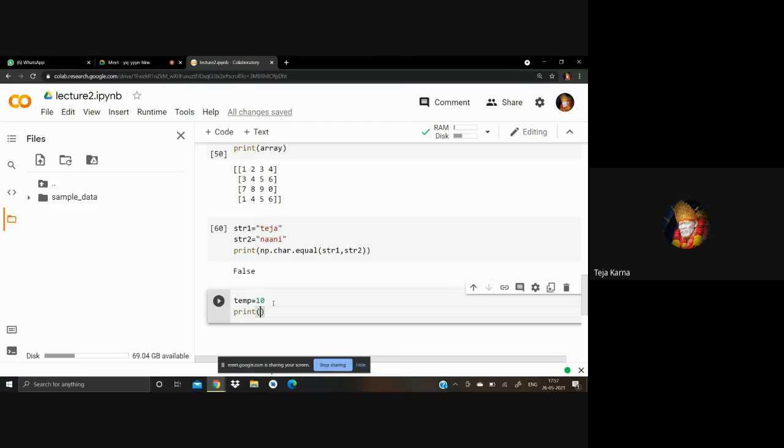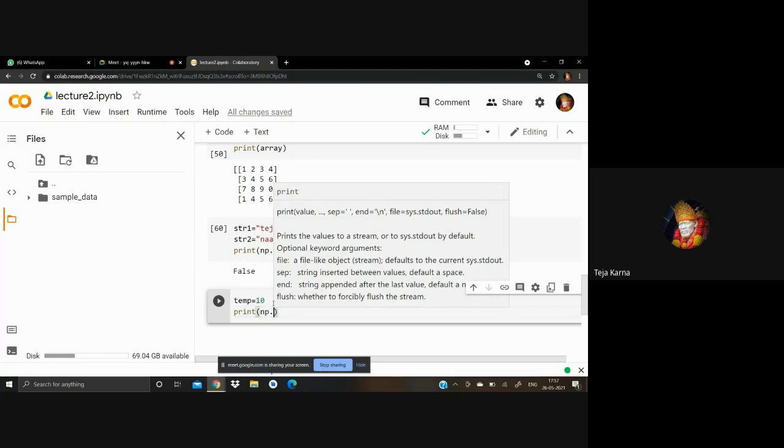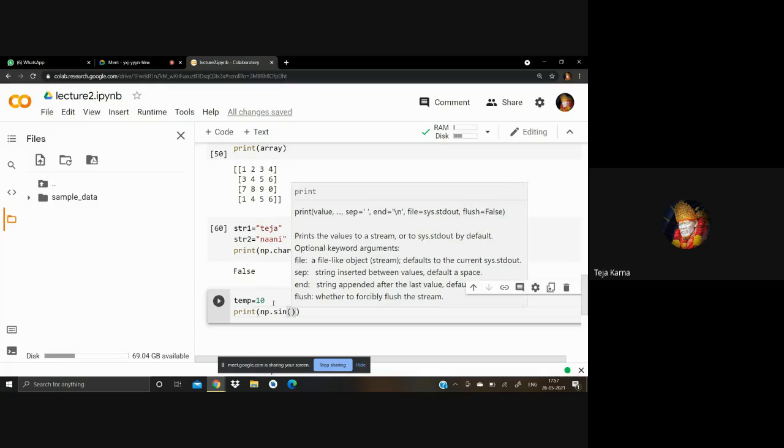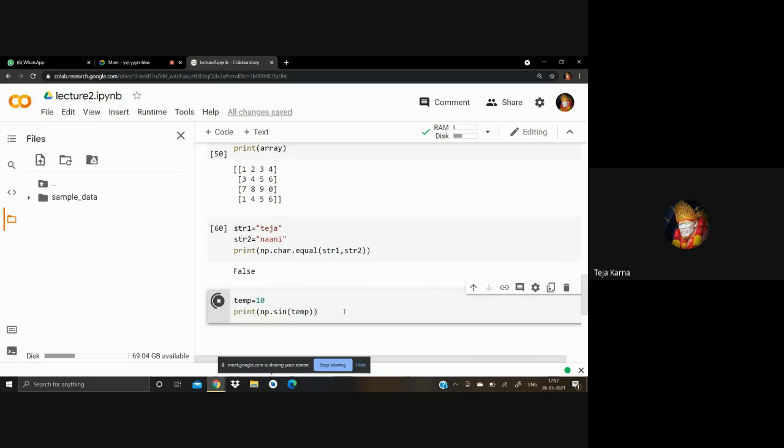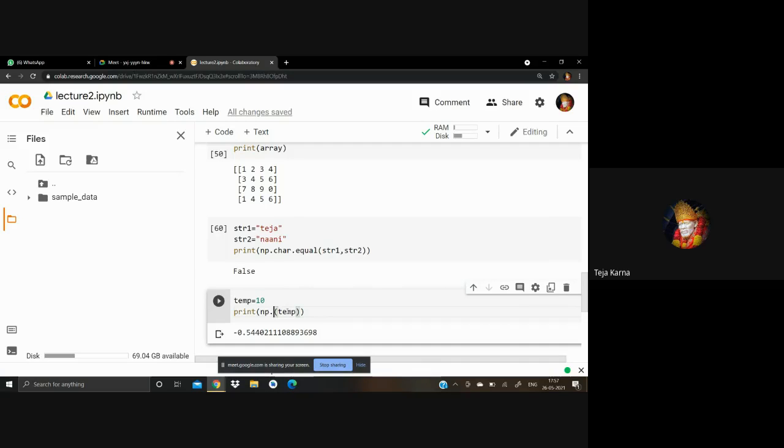If you print np dot sine of temp, it is going to return the value of the sine function. And now you can have some cos function as well.